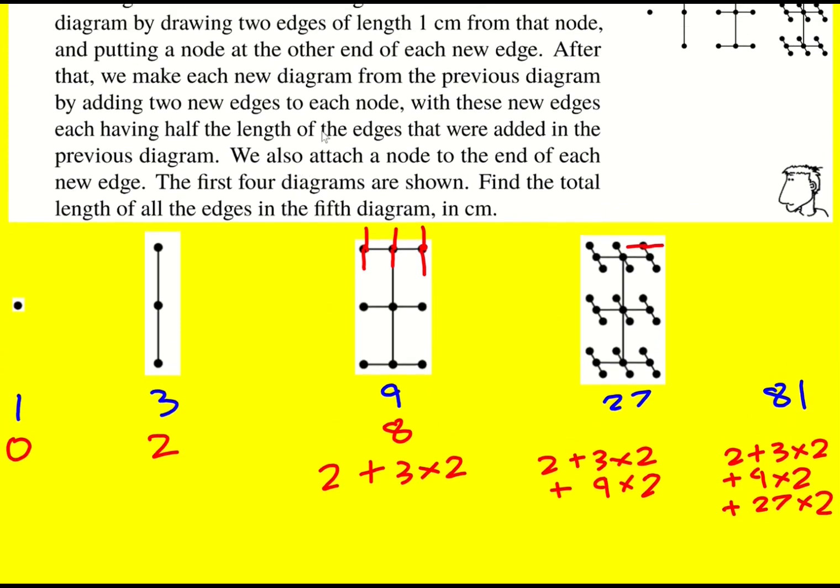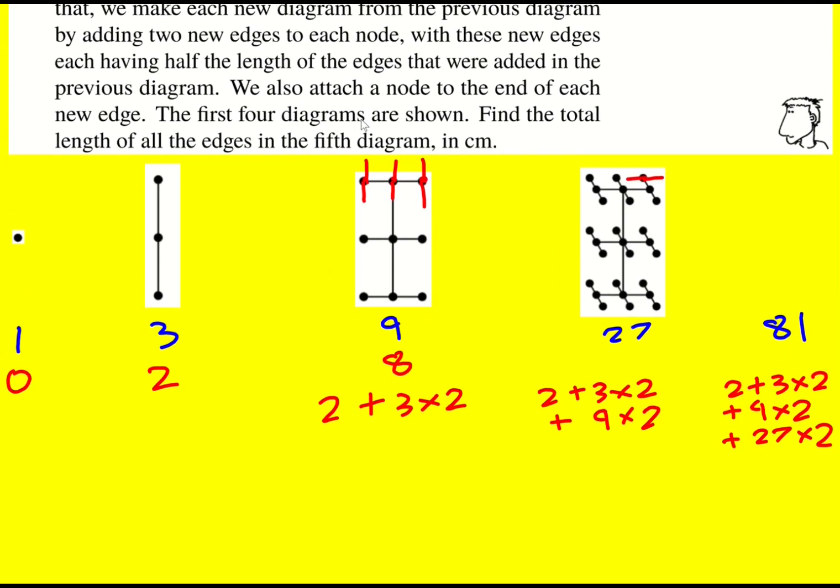So it says at the start, the original 2 lengths were 1 centimeter and then it halves each time. So I've got 2 centimeters worth from these. And then I'm going to get an extra 6 when I go from 2 to 8, but each of these is going to be a half. So that's another 3 centimeters. And then here, I haven't actually worked out what this is, 26. So I've got an extra 18